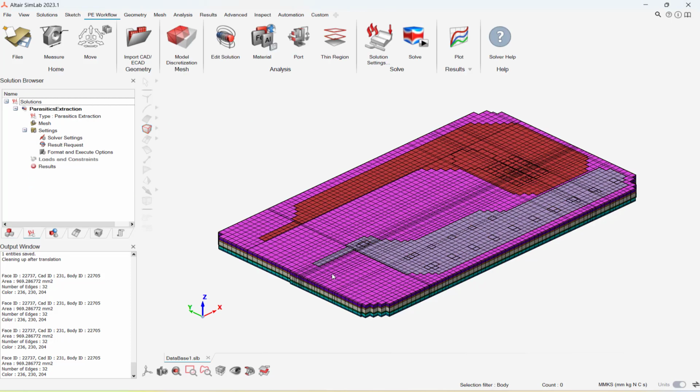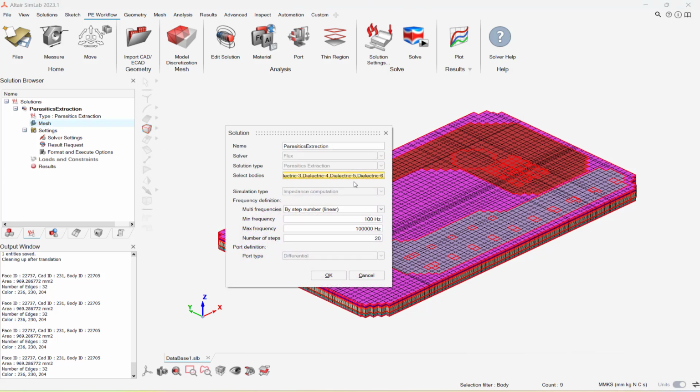After creating a solution, now you can see options under Solution Browser. Let us see whether all the bodies are considered in the parasitic extraction. To check this, we need to double click on the mesh in the Solution Browser. Now we can see that all the bodies are selected under Select Bodies.